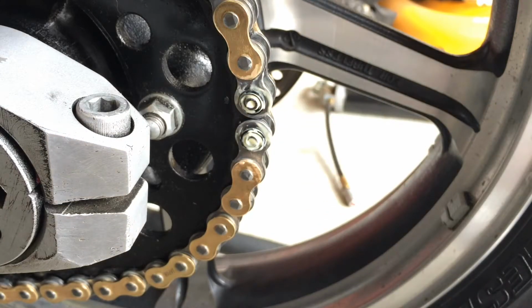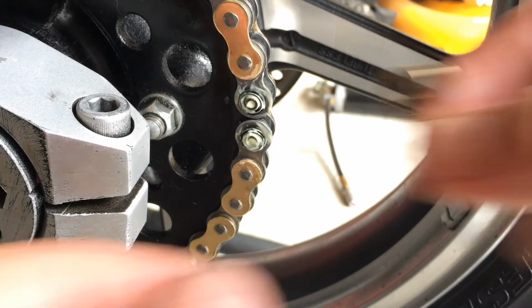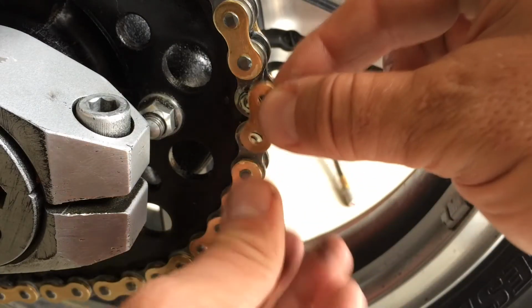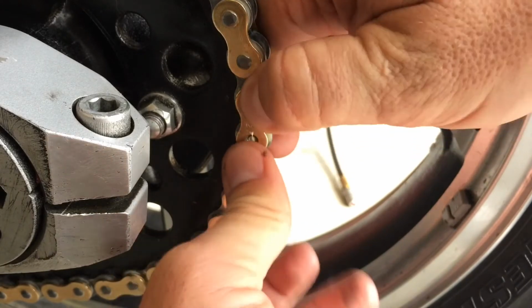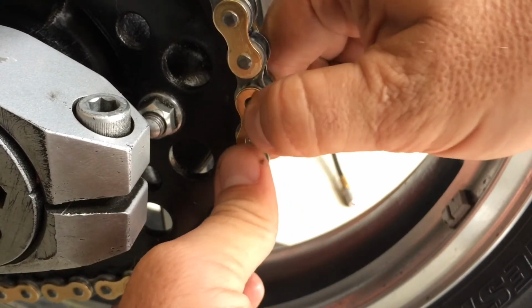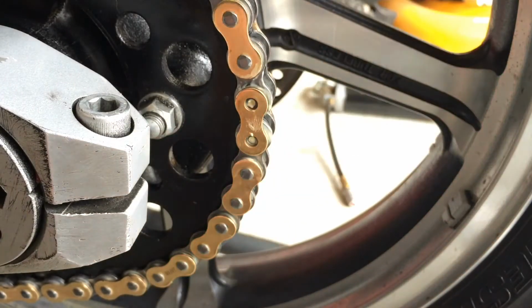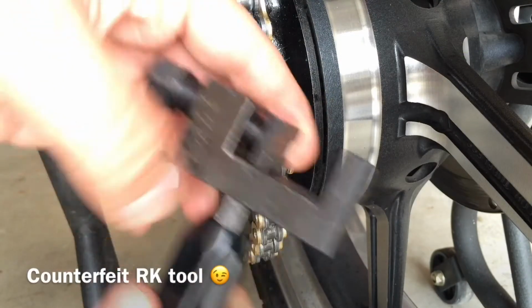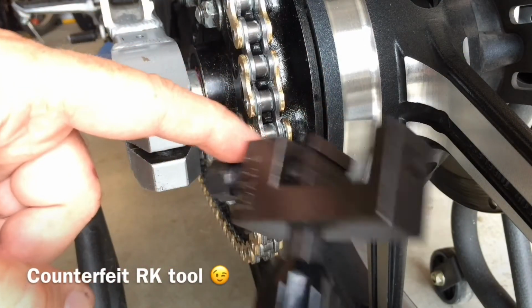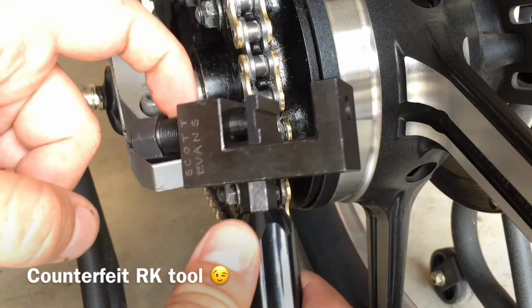And that's about all I can get on there. So obviously the next thing that happens here is your side plate goes on. Now you're not going to press it on with your fingers, okay? It may stay on there just like that for you, but I'll show you what has to happen next. What we have to do next is use the chain tool, and we have to